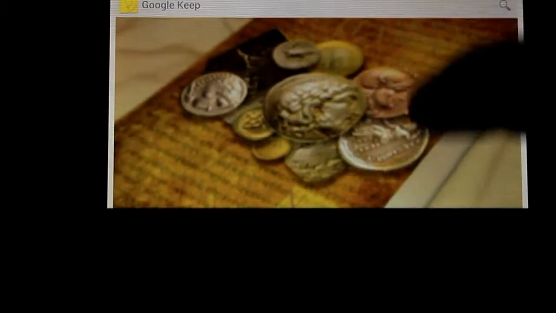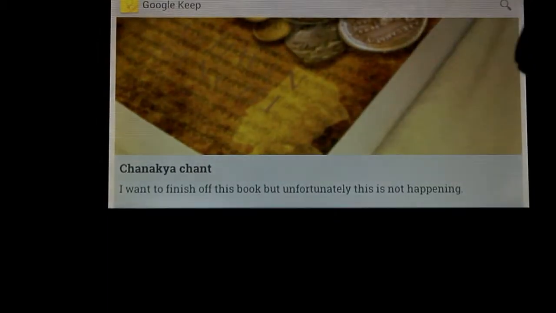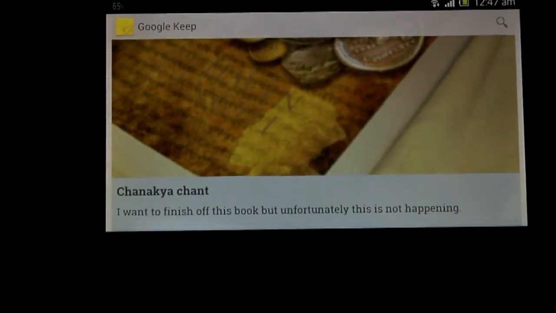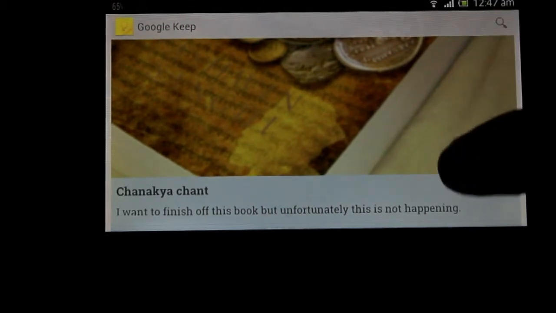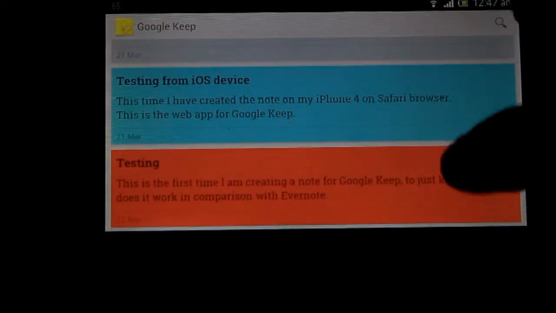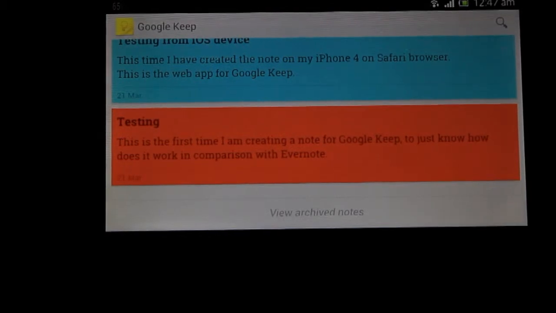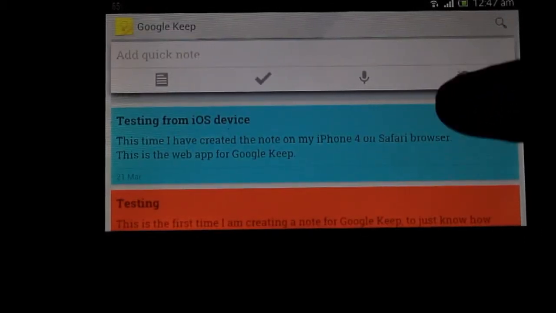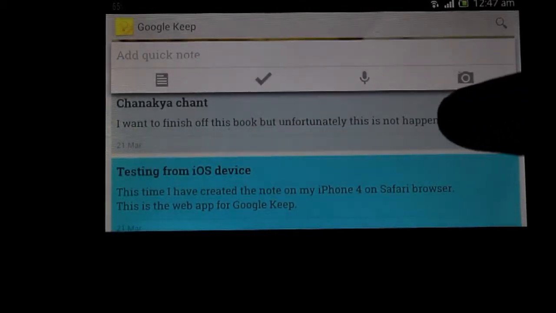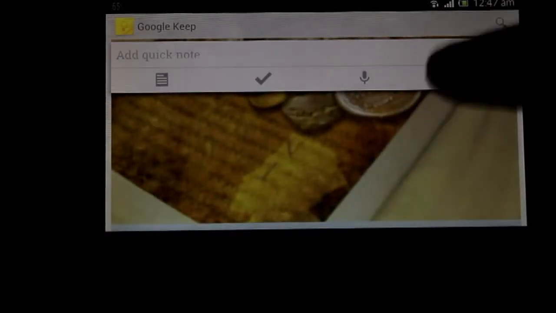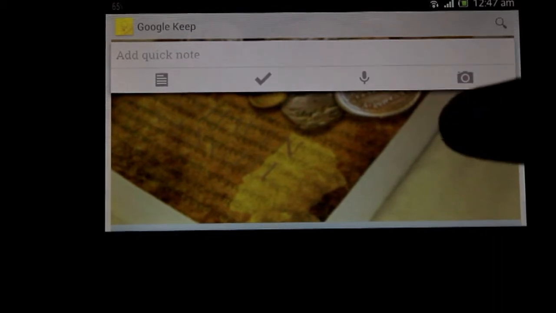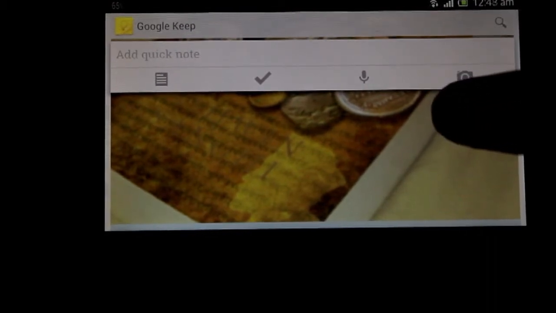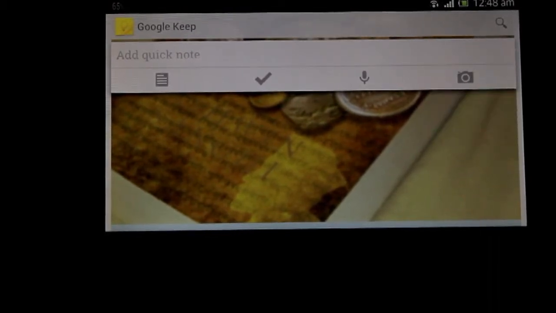So starting on with the review, the first question which can pop up in your mind is, why go for this application at all when you have Evernote and Any.do applications which do similar things. The reason is it has been launched by Google. Yes, it has only basic features as of now, but you can presume that as time passes, they will be updating it with all the latest features which Evernote has. The best part about this application is it can be easily integrated with all the other web services offered by Google, like Gmail, Docs, Drive, or even Play Store.